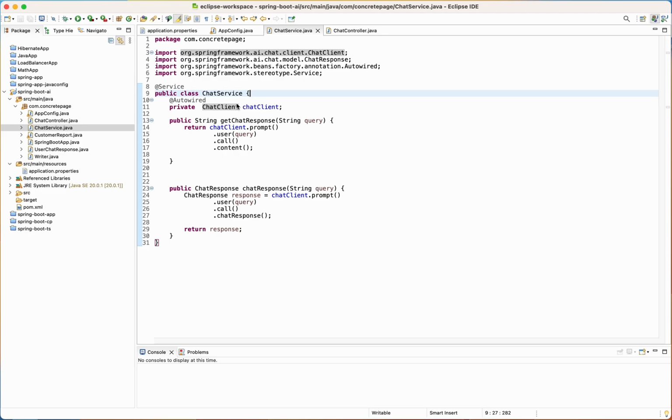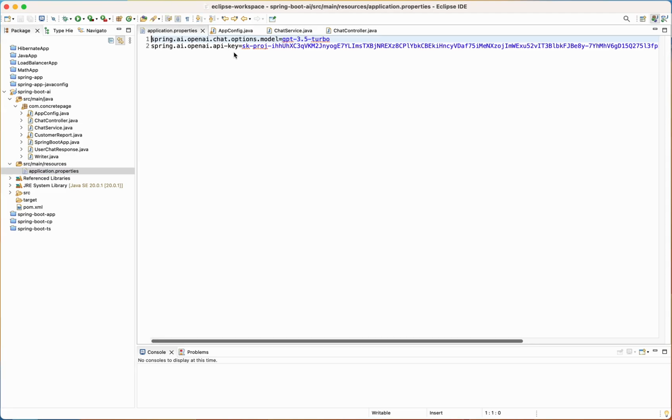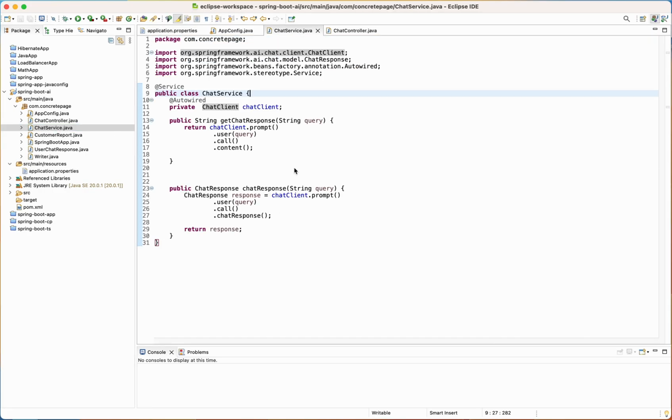In a Spring Boot application, we can auto-wire it directly, and this will take the configurations from the application.properties. The minimum requirement is you have to define the API key that we create from the AI model platform. Here I am using OpenAI, so we have to create it from OpenAI. If we auto-wire directly, this will take the configurations from the application.properties. We can also create it